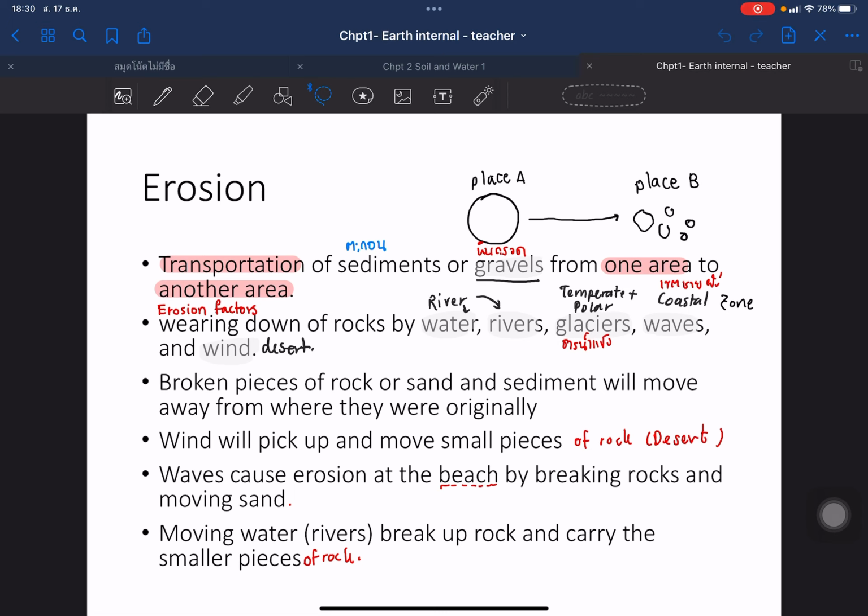Okay, and the factors that may relate to the erosion process include the water in the river, or even the glaciers in the temperate zone, the waves in the coastal zone, or even the wind in the desert. The meaning of erosion here is that we focus on the reduction of the size of the rock and the sand, or even the sediment, and they move from the original place of erosion